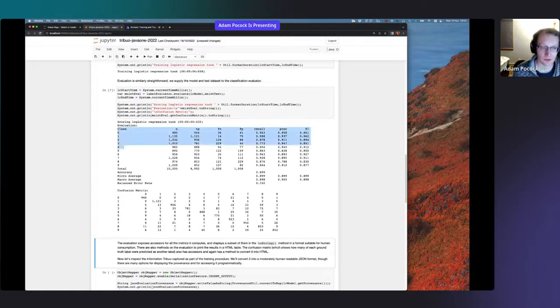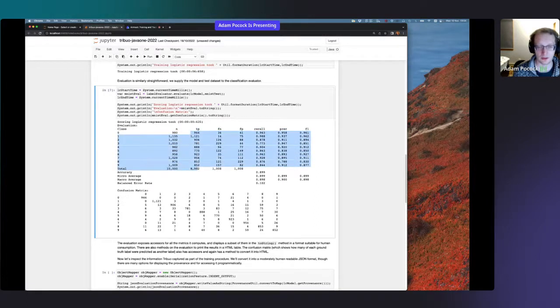So this tells us the different classes. As I said, it's handwritten digits, so we have the digits 0 through 9. This N tells us how many of each digit is in the test set. TP is the number of that digit it got correct, where it correctly predicted a 0 and it was a 0. False negatives, FN, that's the number of times it was in fact a 0, but it predicted a different digit. And false positives is the number of times it predicted 0 when it was a different digit.